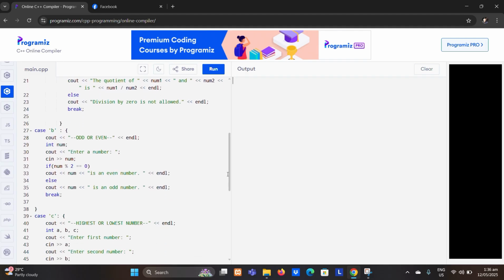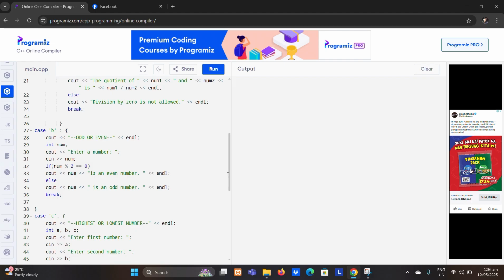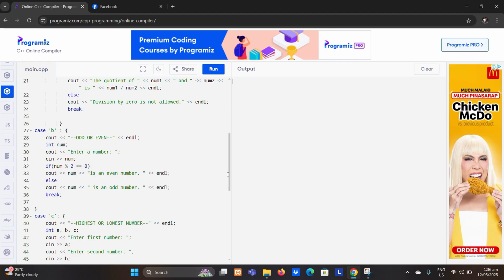So these are the code that I made. It's the same as the calculator, guys. As you can see, I put small letter B. So let's run first. Then if I put big letter, it is still running, guys.